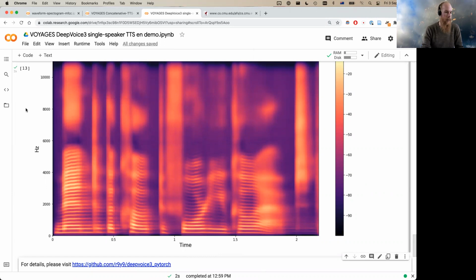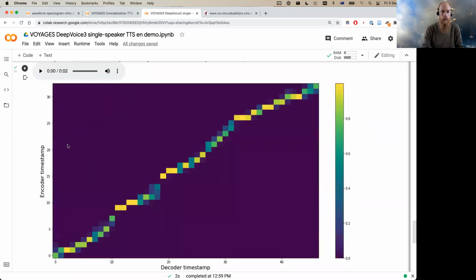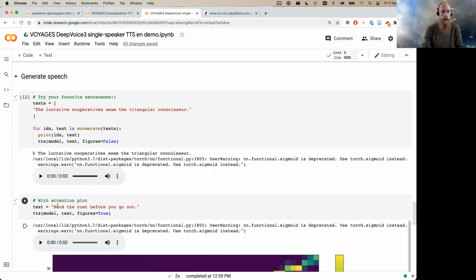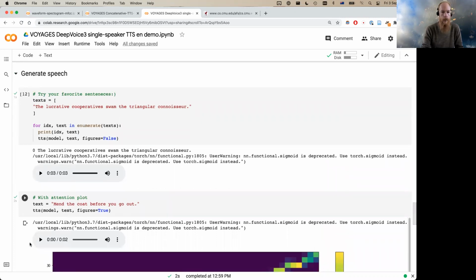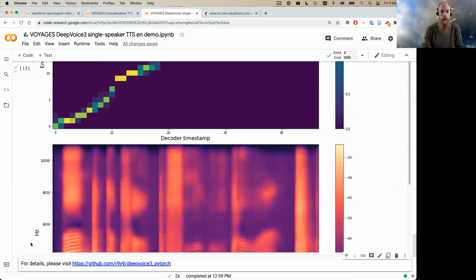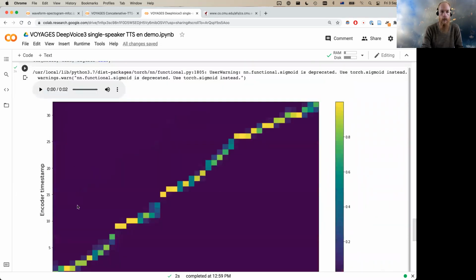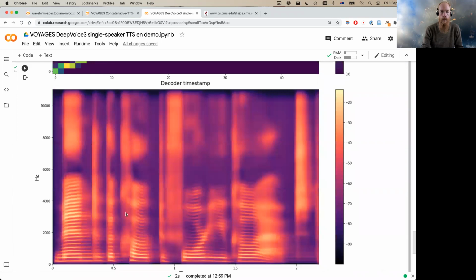Okay, so for the assessment, run that. Or save a copy of the Colab, run it, change some of the sentences, and then generate those plots. And we won't cover this attention plot, but look at the